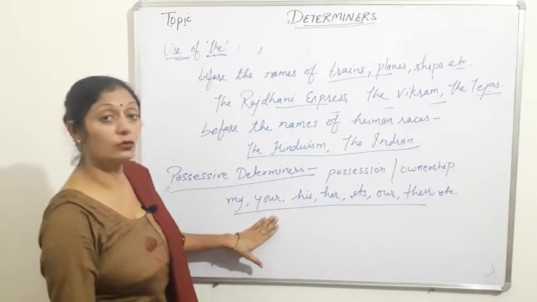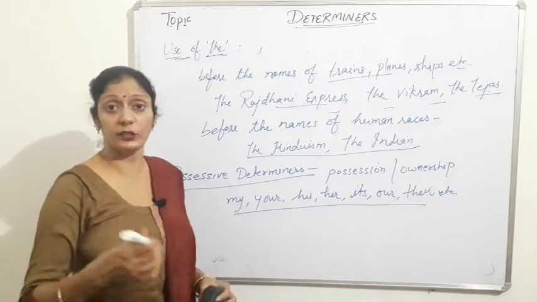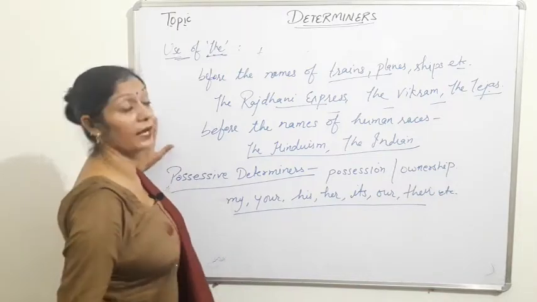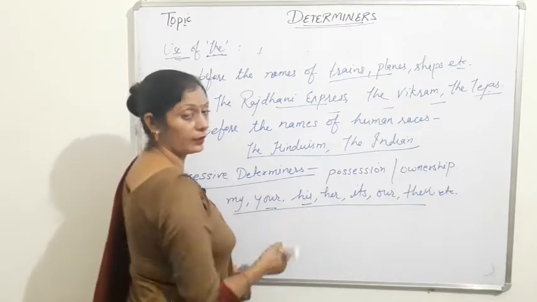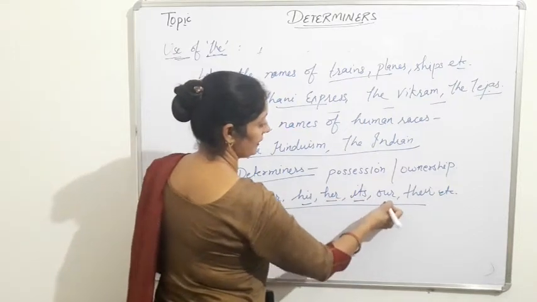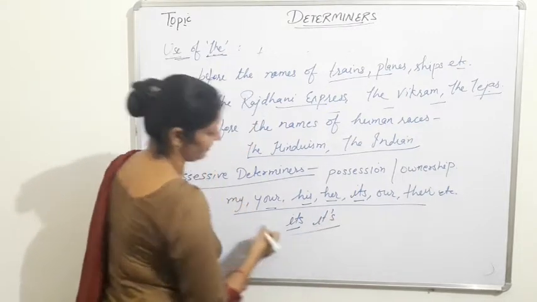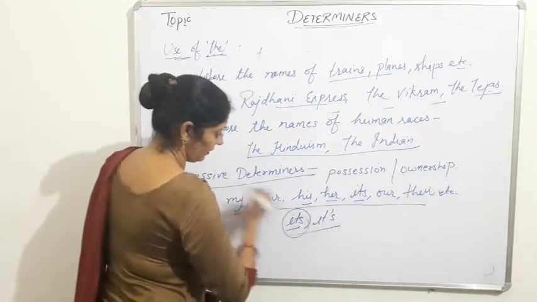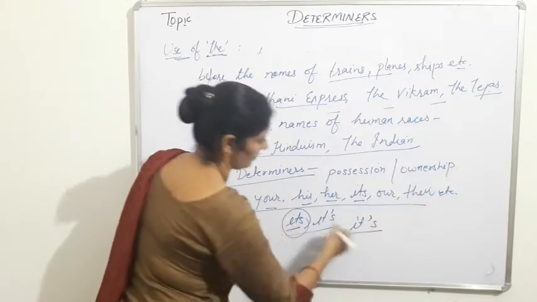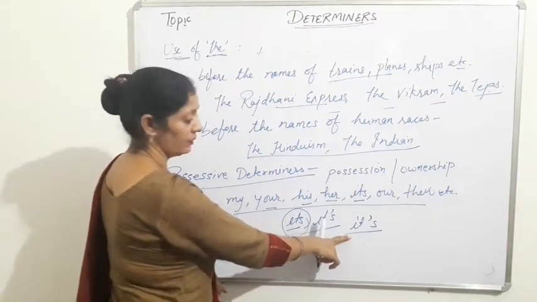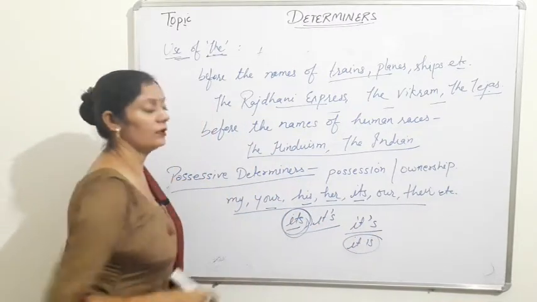My is there, your is there. If I want to show my possession, this one is "my". I already told you, this is my marker, this is my whiteboard, this is my home. Okay, my, your, his according to subject, her according to subject, its. Yes, students, sometimes you make mistakes here. Its, this one is a possessive, but if we write it in this way, it means "it is". Remember this. This "its" is a possessive.